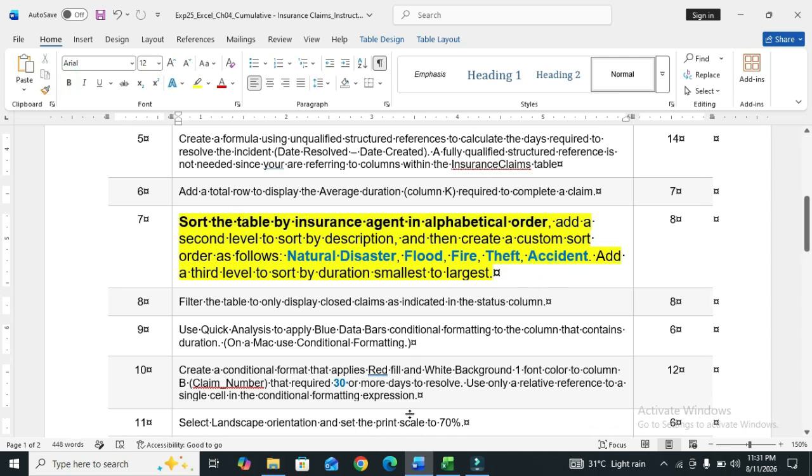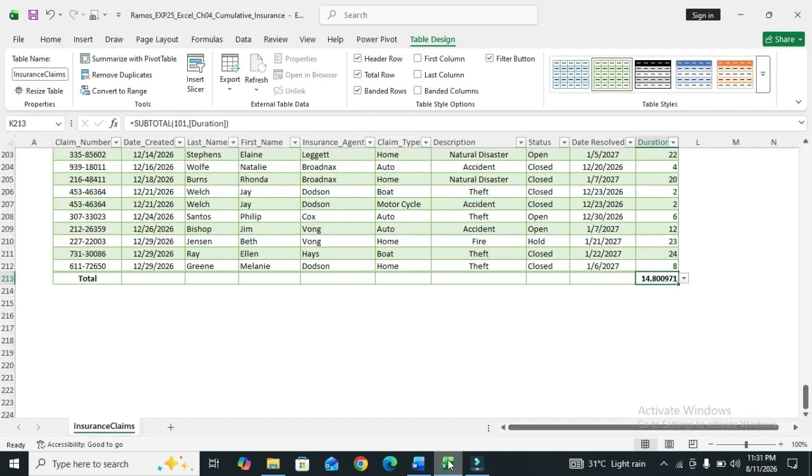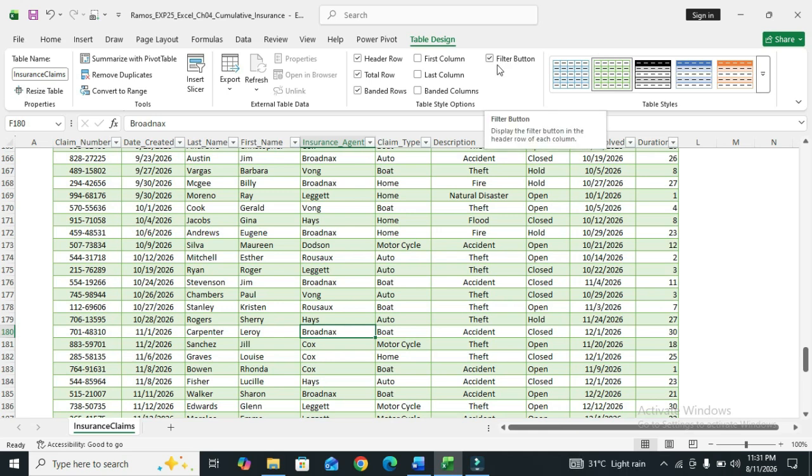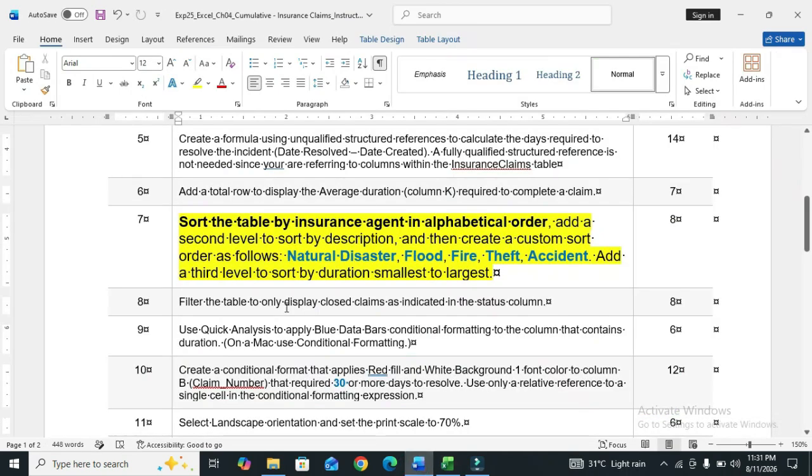So we move to the Excel file and click any cell in the table and also check sort the table by insurance agent in alphabetic order.